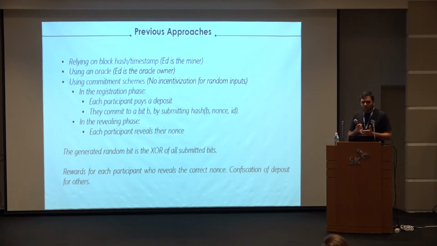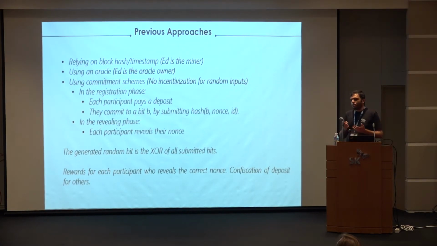When he mines the block, if he sees that he's losing the lottery, he can just redraw it. He can ignore his block. I mean, he loses his mining fees, but a lottery is worth much more than a mining fee for a block. Another approach that is being used is using an oracle. But then the oracle owner is basically the creator of the drum and can give us any number they want